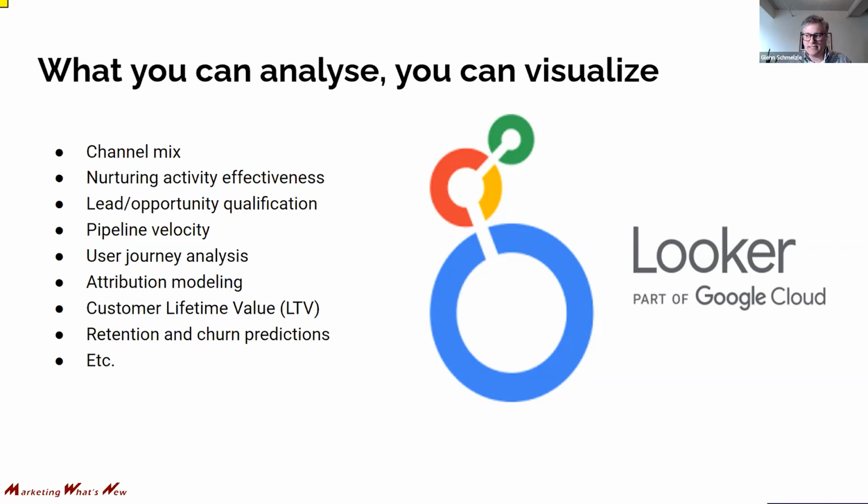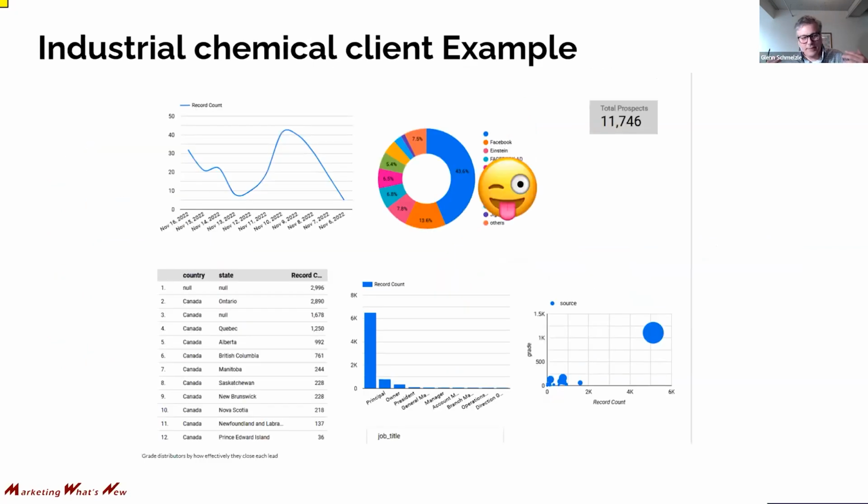They're like reports on steroids. To give you just a quick idea, and I have to redact some of this information from a client, but you can start to show all sorts of instantly refreshed charts and graphs about your marketing information, your marketing performance, how it's doing, what's not working for you, how things are distributed, are they on plan or off plan? All of this is really simple with Looker Studio.